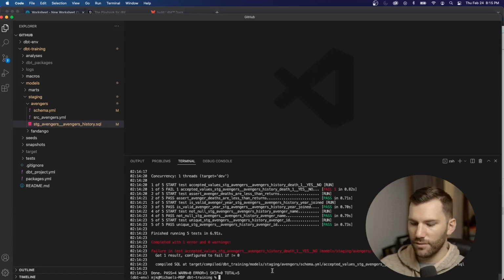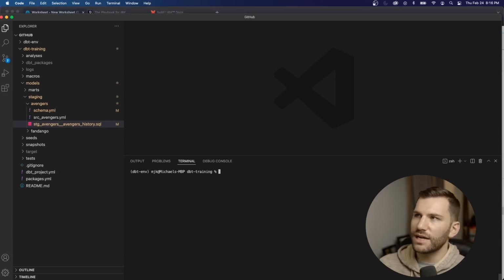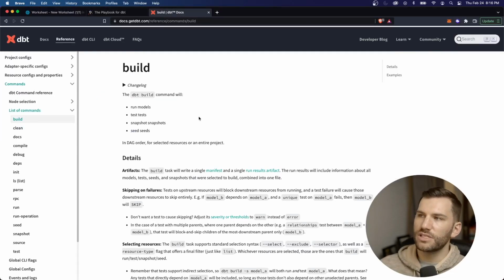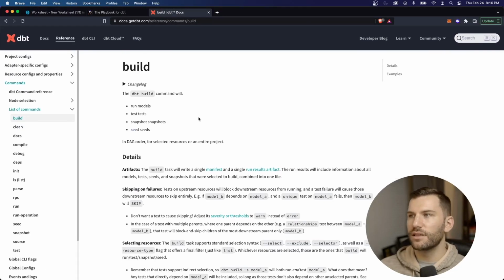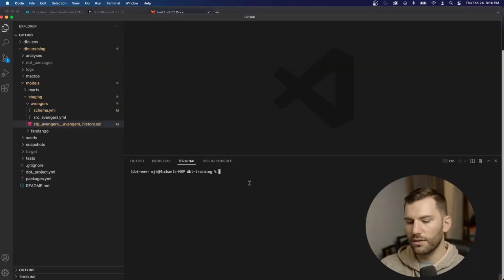But now what I want to show is, so that's how you would do it, those are the 3 main steps that you would run. But there's actually a shortcut here. There's something recently introduced that's called DBT build. And like it says here, it's going to do all these things. It's going to run your models, run your tests. We didn't really cover snapshots in this training, but that's something you could look at. And then seeds. So it's going to run all of these, but it's going to do it all in one command. So we can do DBT build,